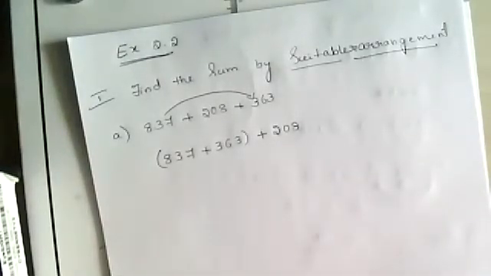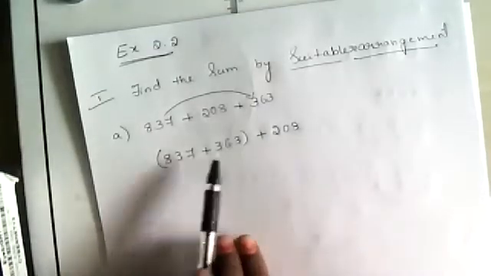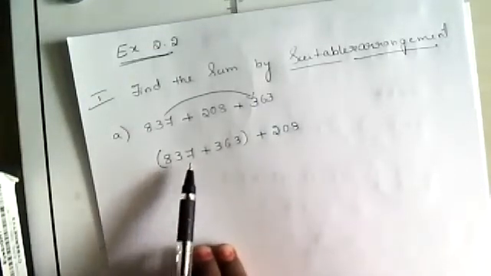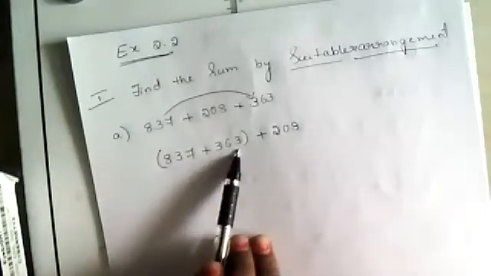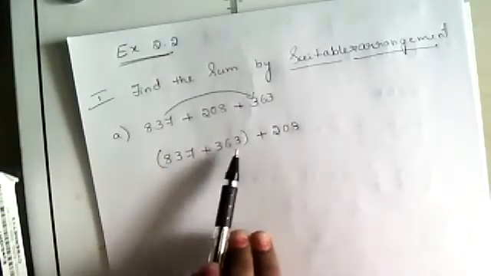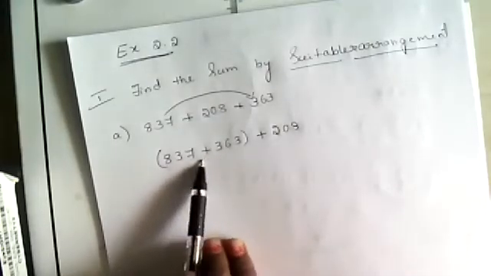Why have I chosen these two for a group? In an annual day dance, we make groups, right? Using the same height. Who are taller, for them one group, who are shorter, for them one group, and who are medium height, for them one group, correct? Like that, here also I am making a group, but here the category is adding the ones place digits, and the sum we should get is 10. 7 plus 3 is 10. So I have made these two numbers a group.